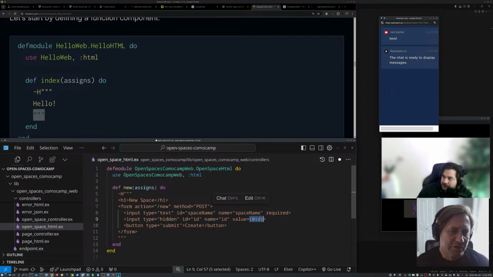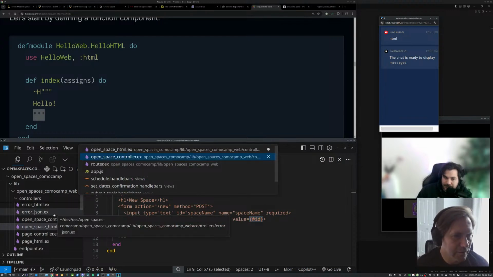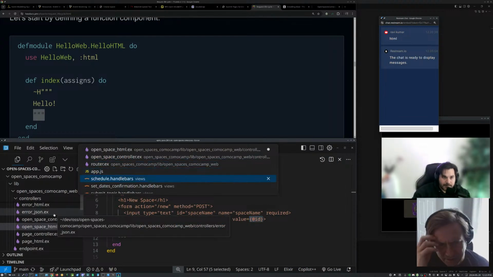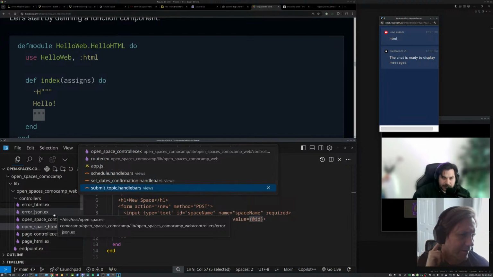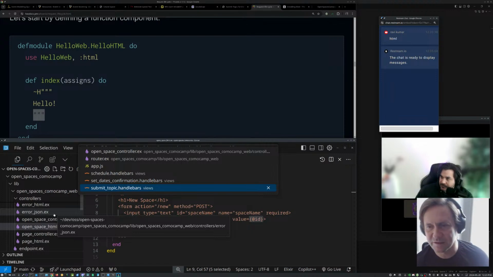Let's go back to our diagram. I want to mention this because it's something I did when you were not on the stream. We wanted simple pages with posts and gets, and when you refresh a page, it reposts stuff, so you get extra events because every time it's running the same code in the back. So I front-loaded the IDs. If you hit create space, there's a hidden field in the page with a pre-populated ID.